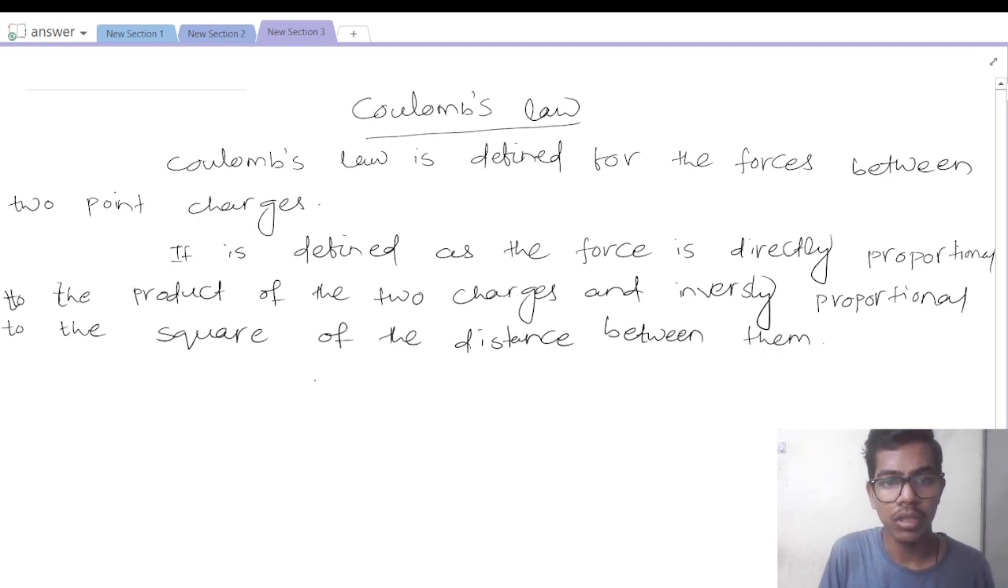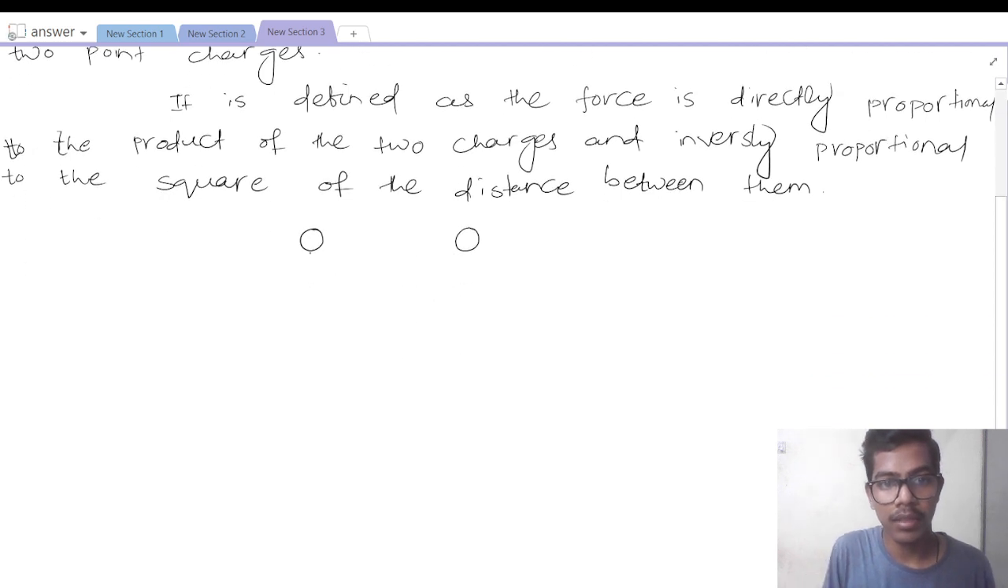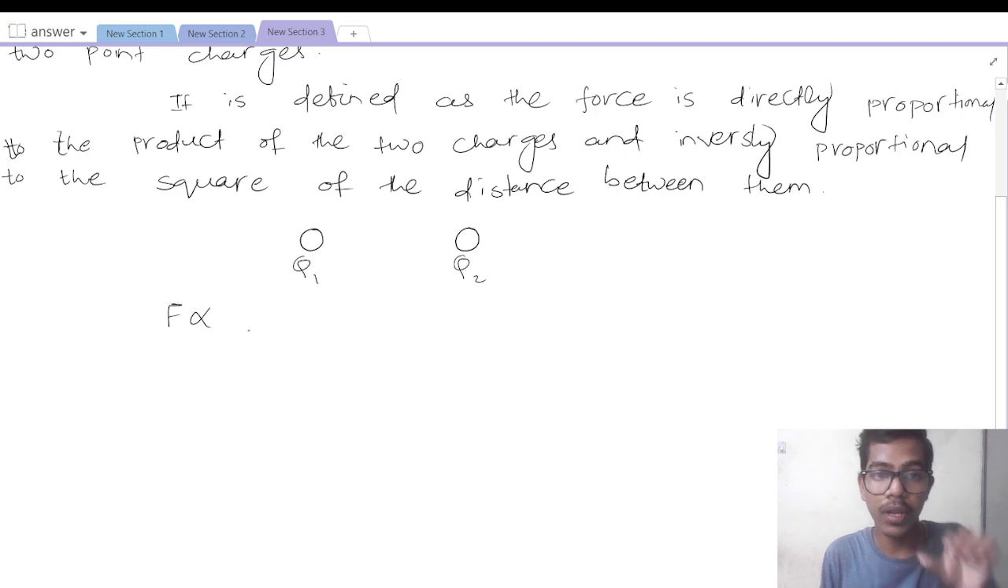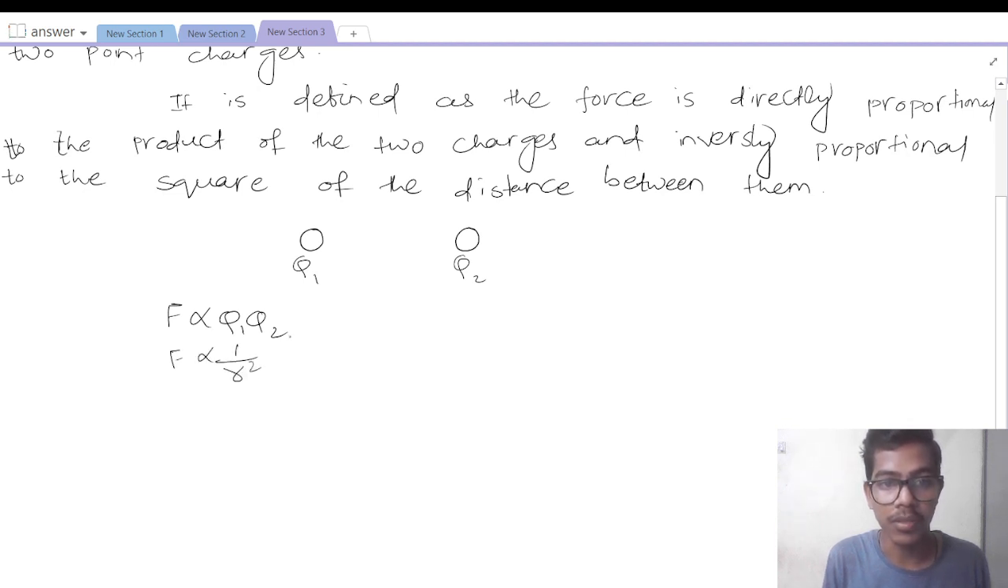Let's suppose charge q1 is here and another charge q2 is here. This is charge q1 and this is charge q2. Then the force is directly proportional to the product of the two charges, that is q1 into q2, and the force is inversely proportional to the square of the distance between them. Like this is r, the distance between the two charges is r. When we write together, then force is directly proportional to q1 q2 by r square,